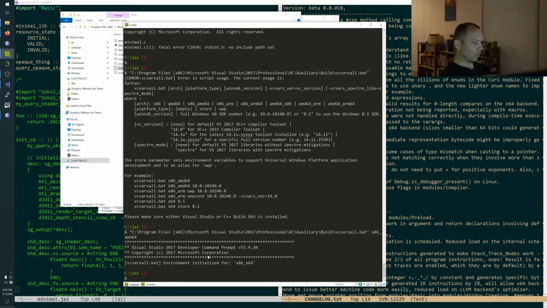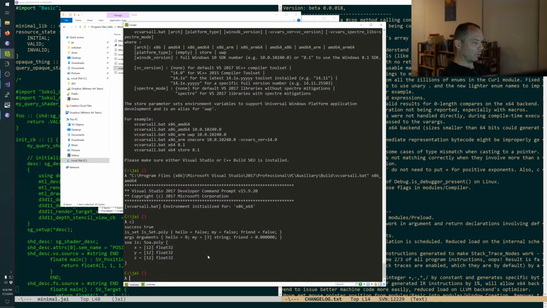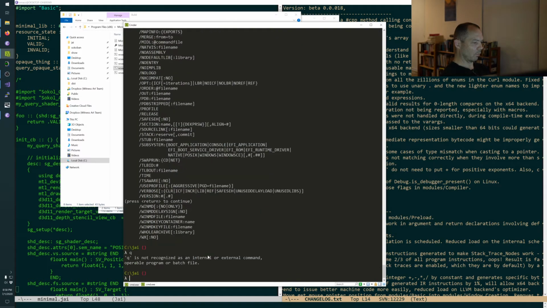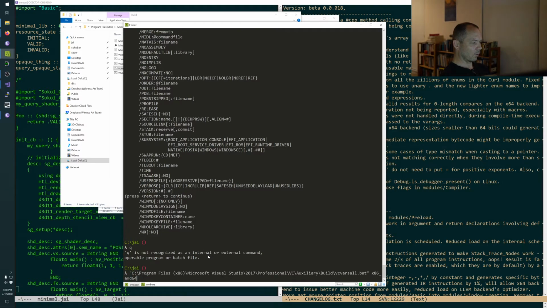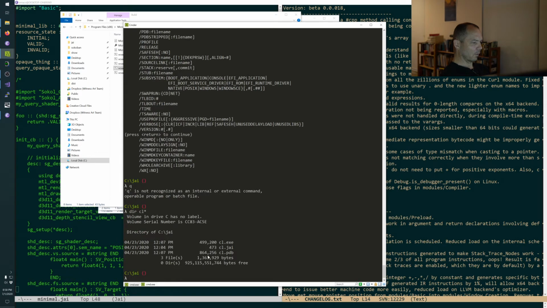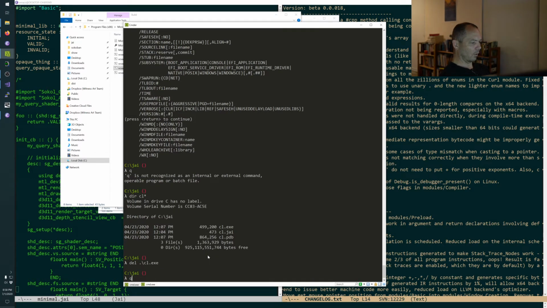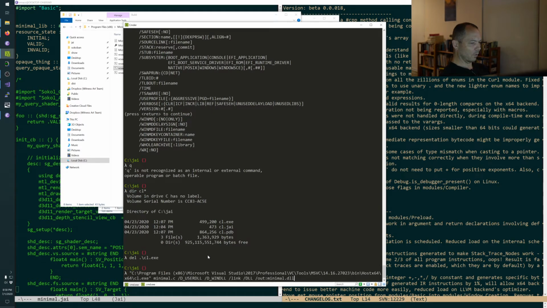It actually worked. Oh my God. Wait, no, that's not. Okay, it actually did work though. I had something called cl.exe in the current folder.